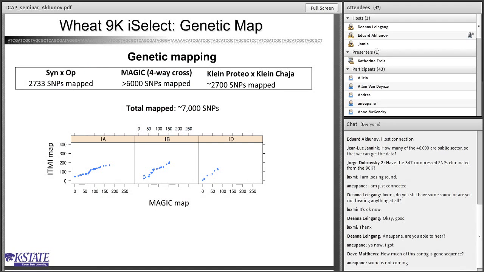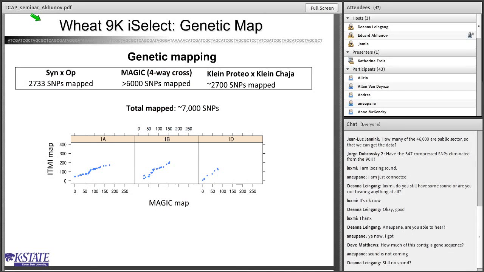Currently, we finished generating an integrated genetic map using 9K iSelect data. Here we used a combination of several mapping populations, including the synthetic Apata mapping population. Then there is a MAGIC population, which is generated by crossing 4 by 4. So there are 8 parents in this cross, and this population,